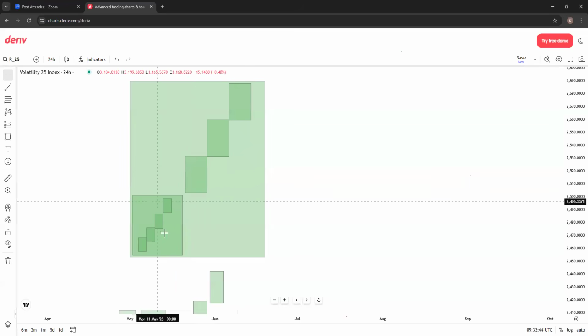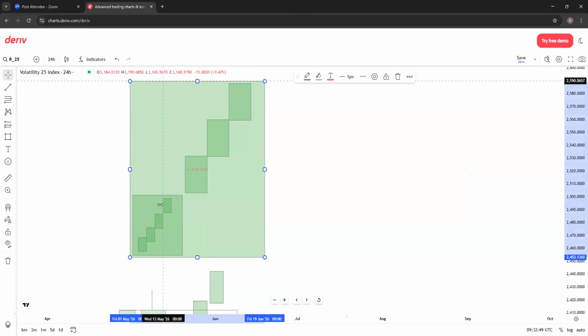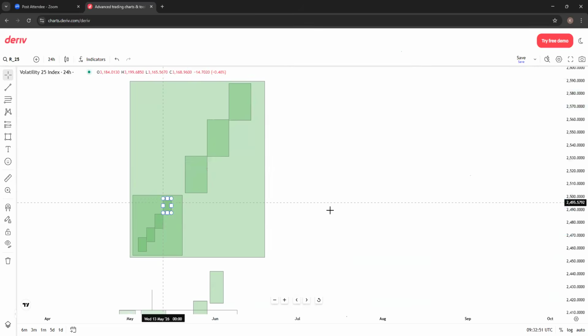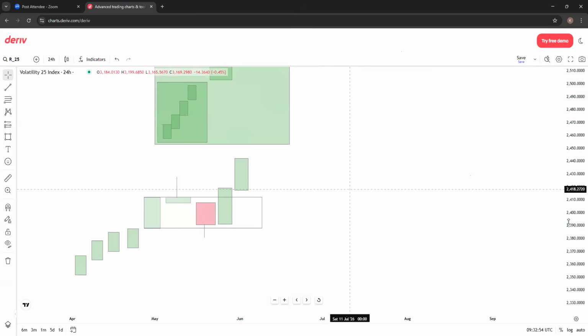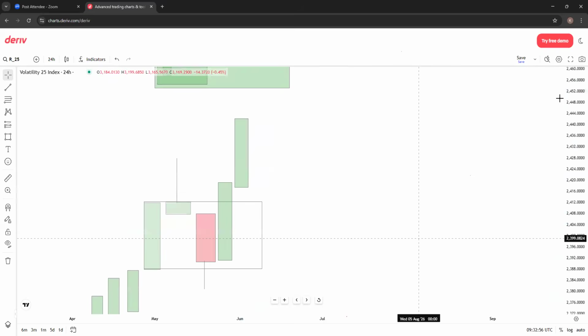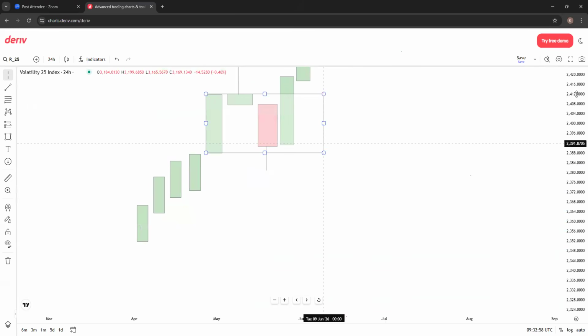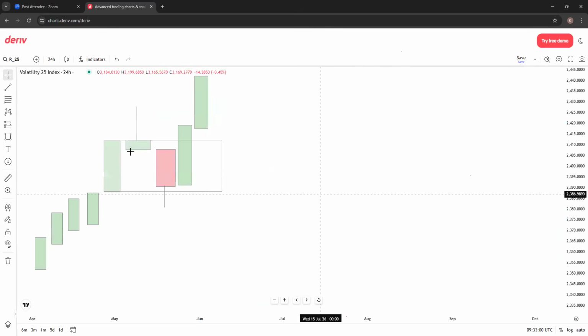At the end of the day, what you're going to see is for a 4 hour candle, you're going to have 16 15-minute candlesticks. The reason why I'm saying this is if we now take this as if we were in our H4 and this was our H4 candlestick, what you would see is,